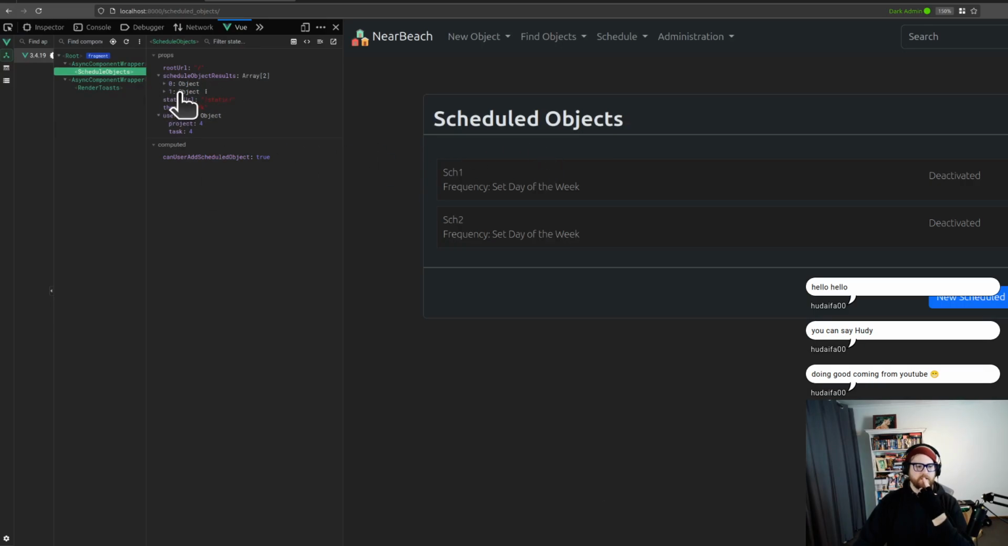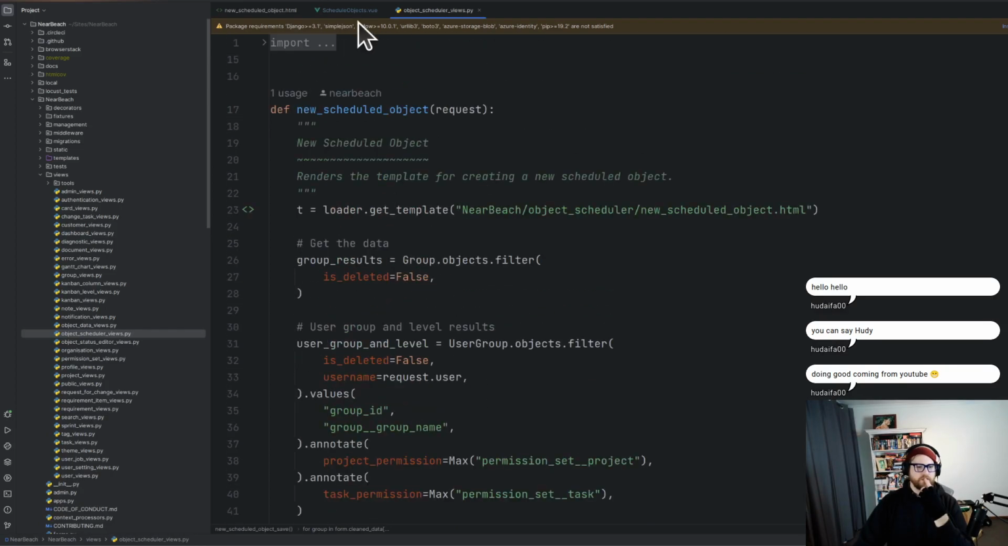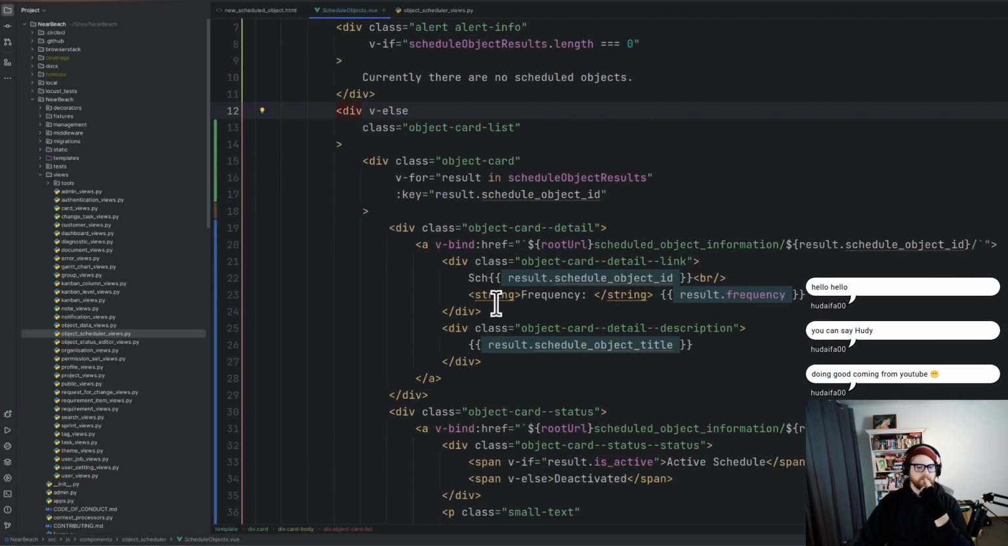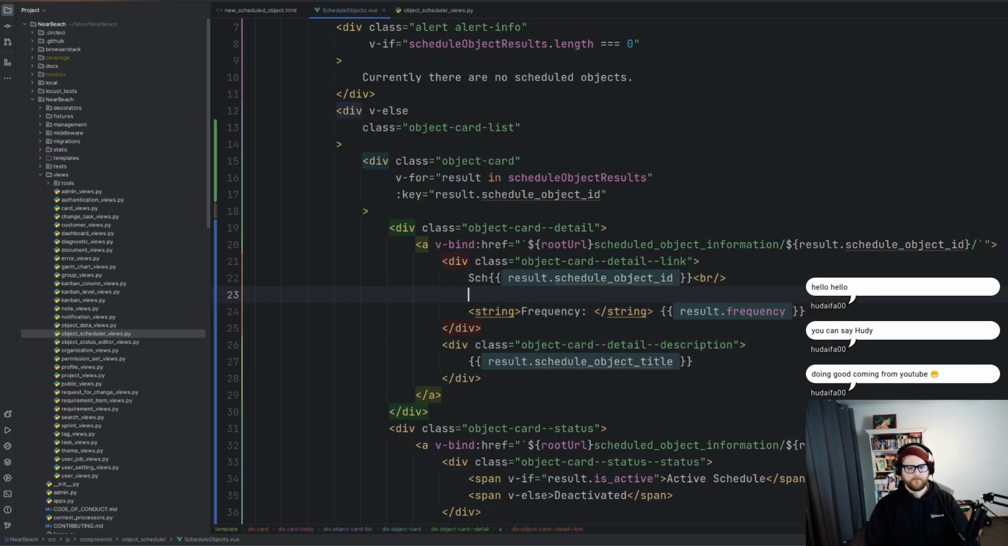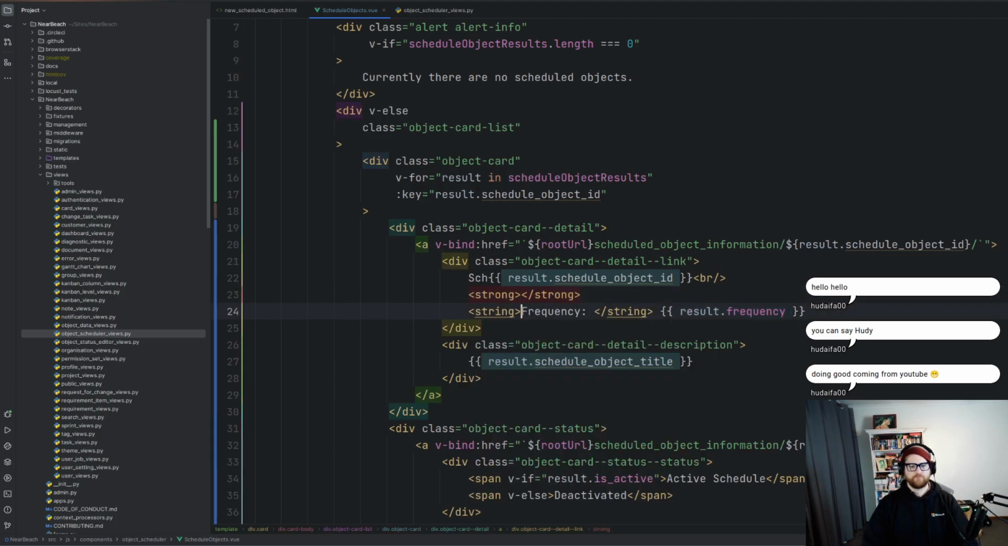And then if we go into here, we are seeing the data come down, which is good. We do see the deactivated with the little thing there, frequency, set day of the week. Oh yeah, that's fine. We just don't have the title, which is, yeah, we've got frequency. That's meant to be strong. So we've got strong title,